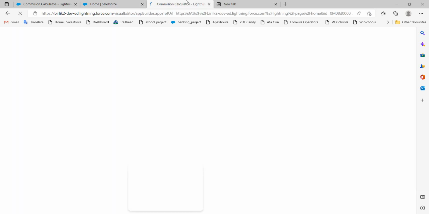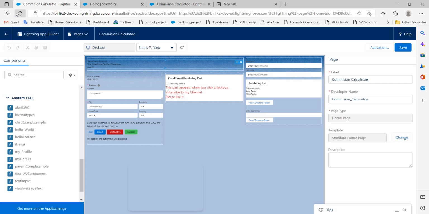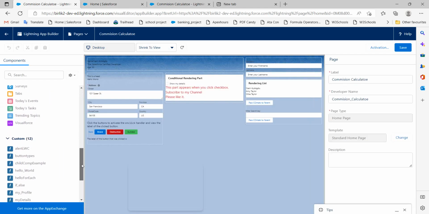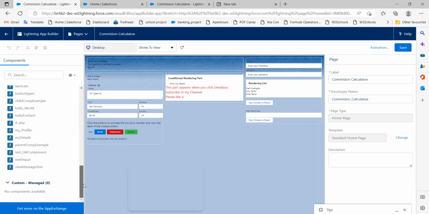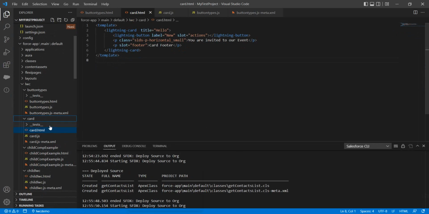And then here, maybe button types. So it is deployed, and then sometimes maybe we need to